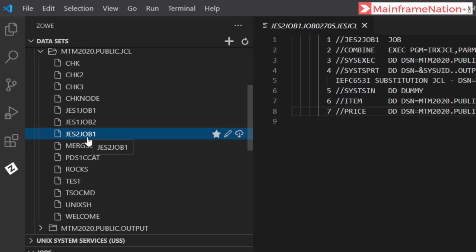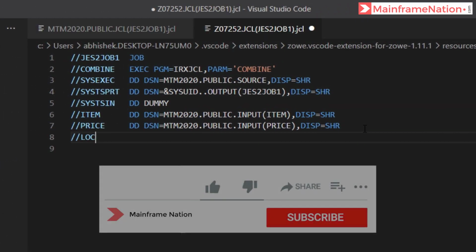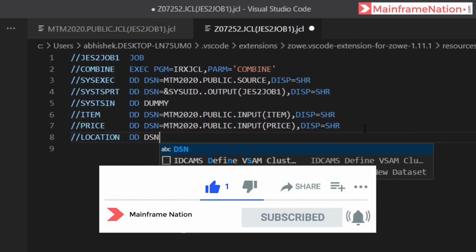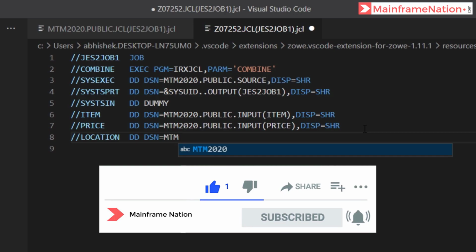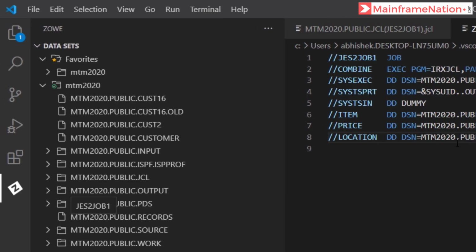So go to just to job 1. Add one more line. The file missing was location. So give here location DD DSN. File name should be mtm2020.public.input and then brackets. Then we have to give the correct member name. So go to this PDS public.input.